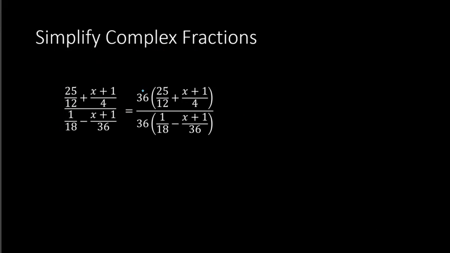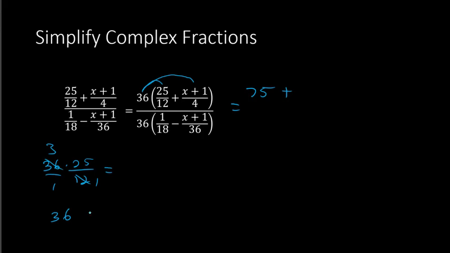So when you do this, you distribute the 36 by multiplying to both terms on both the top and the bottom. All right, so just be careful when you're distributing. So we have 36 times 25 over 12 on the top. The 36 and 12 can divide out. You're left with 3 and a 1. 3 times 25 is 75. So that gives you 75 plus, and then we have